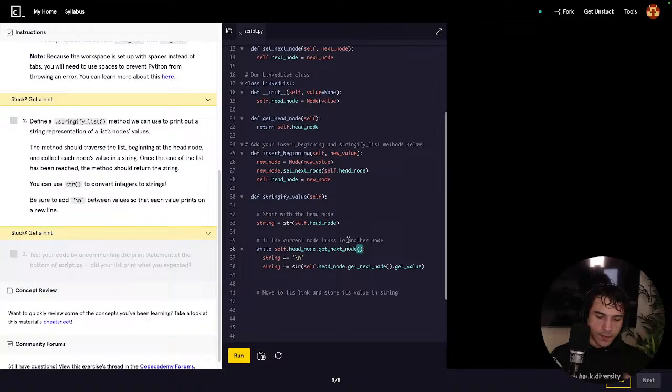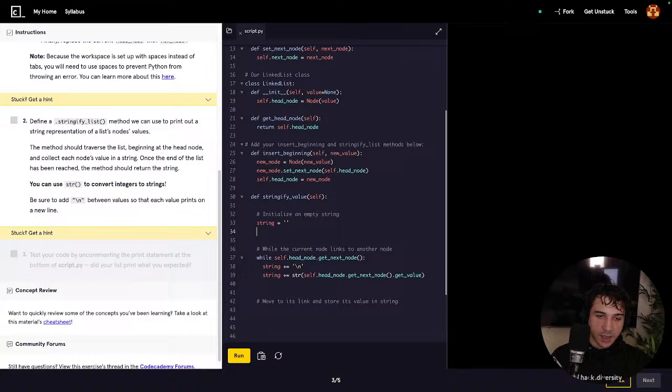So here we're just gonna do this. String is initialized as an empty string. Initialize an empty string. While the current node links to another node, while self.head_node.next, initialize an empty string,